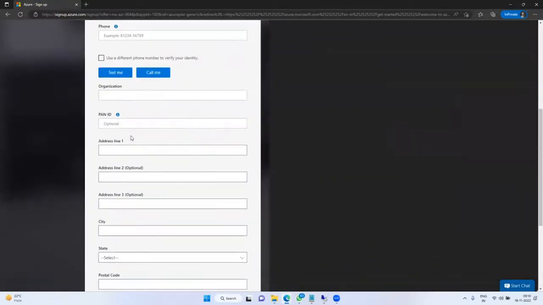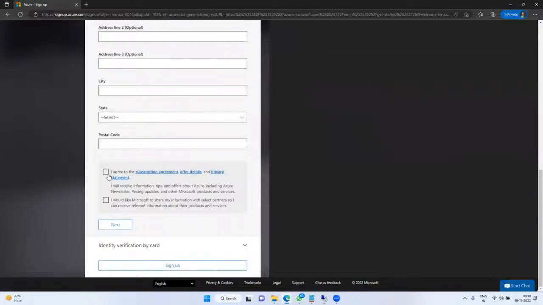Once you enter all these details, click on next. Once you click on next, it will automatically take us to enter the credit card details. Enter the credit card details, and you will get a 6-digit OTP for debiting 2 rupees. Once you enter it, your account will get created. So practice it today at any cost. Once it is done, we will go through the Azure free trial portal.